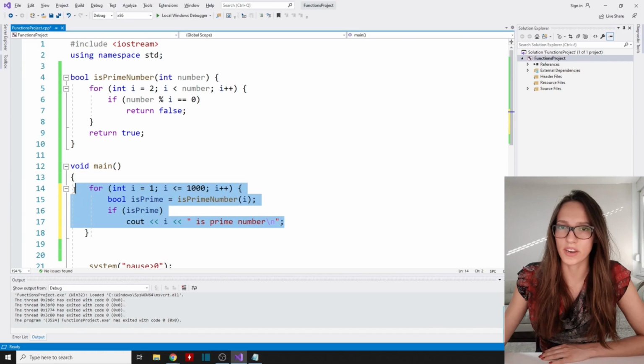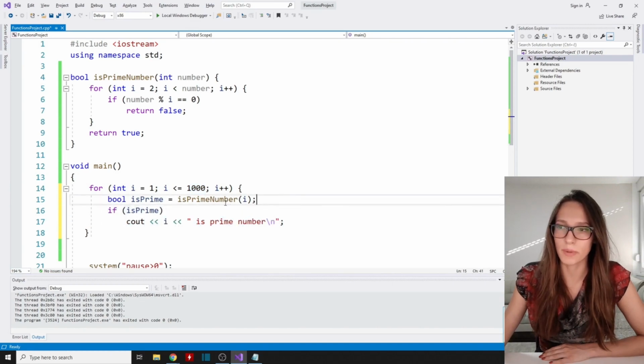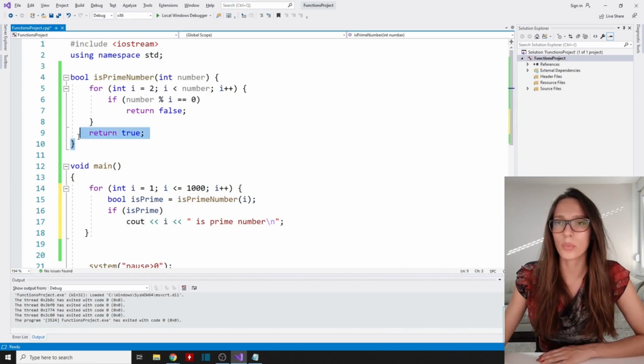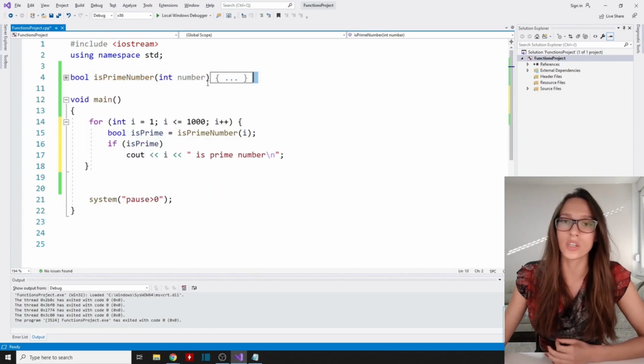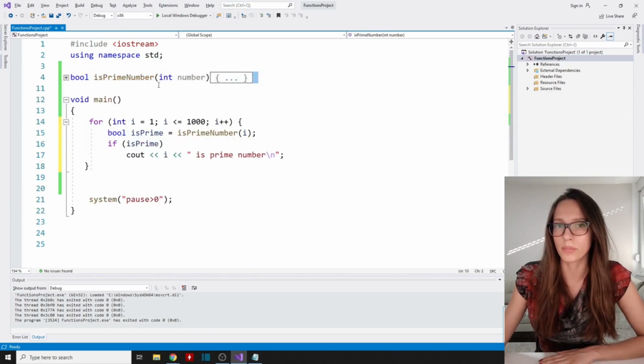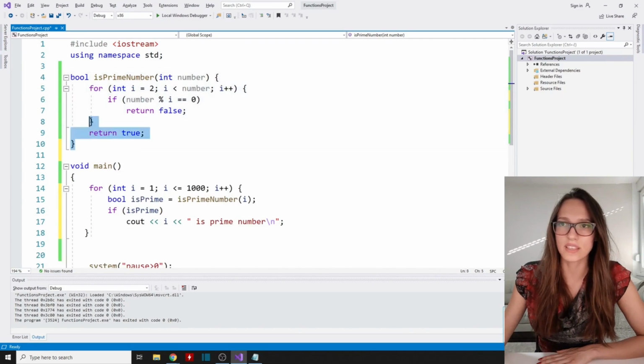So this code here is really going to check all the prime numbers between 1 and 1,000, and it is going to write out all the prime numbers in that interval. And for solving this particular problem, so whether the number is prime number or not, we have used this isPrimeNumber function, which we have written once, and we have really tested it once. We know that it works as it should, and now we can really close it. We do not need to really think about how we are going to perform this task, never again. So we have written it, we have tested it, and now we have this algorithm stored in our isPrimeNumber function,